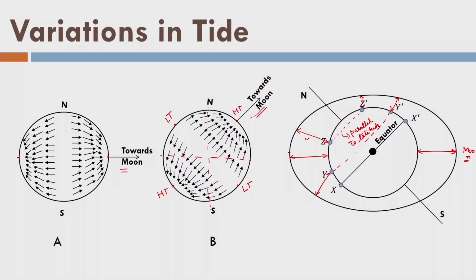So, what about the x position, which is at the equator? You can see here, with respect to the moon, with respect to this point, this has the same tide, and with respect to this point, it has the same tide. So, at the equator the tide levels are the same, but as we go away from the equator for any given position of the moon, we experience different levels of tides at the same parallel of latitude, because one point which is near to the antipodal or sublunar point will have a higher tide, but the point which is quite away from the antipodal or sublunar point will have a low tide. So that's the key here, to see the variation in the tide levels.